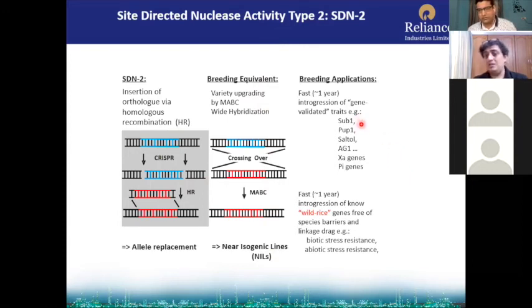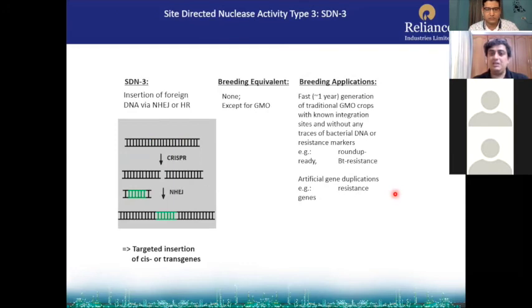So SUB1, PUP1, Saltol, AG1, XA genes, PI genes, these are very important characters people have brought into the rice system using marker-assisted backcross breeding, by working 8 to 10 years for each of these genes, but which can be done by CRISPR in 1 shot. Now, the third type of genome editing is SDN3, which has no breeding equivalent. It is similar to GMO development.